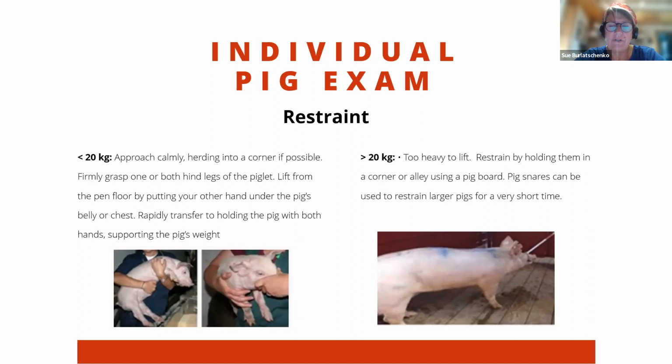And I remember going out to a farm last summer. What were we doing? We might have been vaccinating them, but anyway, they were really fast little devils. They were about 20 kilos, and they can motor around a pen and make you look like an idiot. So having a pig board is really good, and you can herd them calmly and quietly into a corner, and